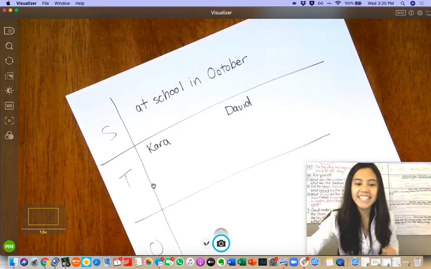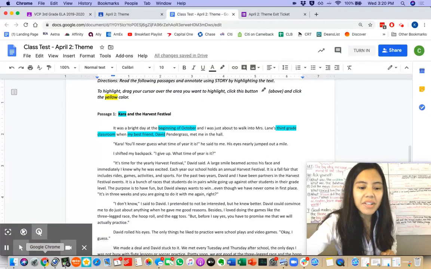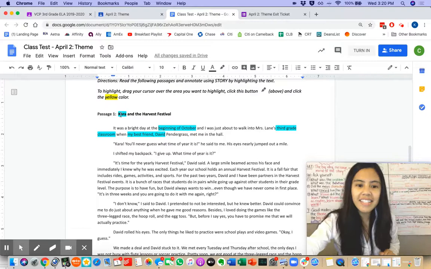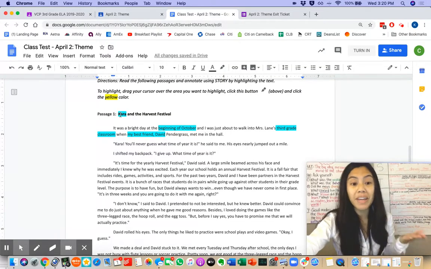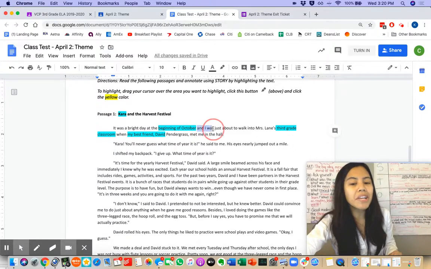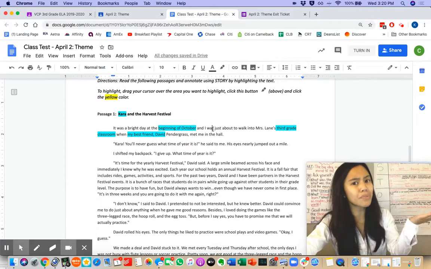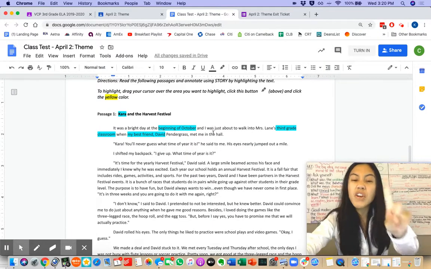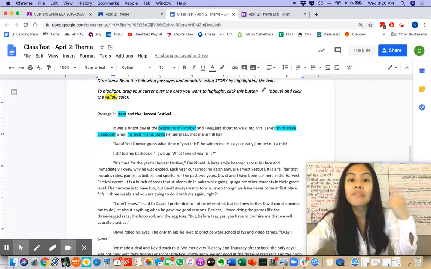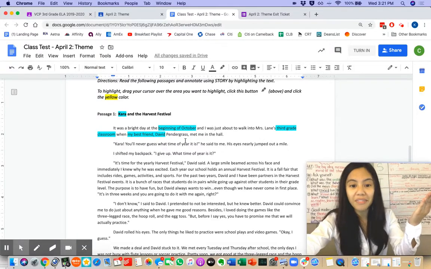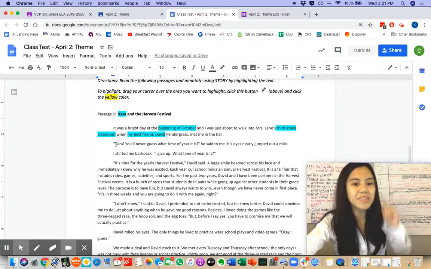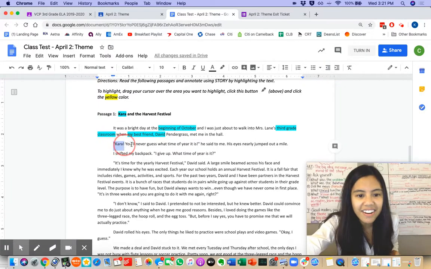Great. Now, scholars, I noticed that in the text, the title of my text is Kara and the Harvest Festival. Then I noticed that the narrator keeps saying I. That tells me as a good reader that this is first-person point of view from Kara's point of view. I also see another piece of evidence here.